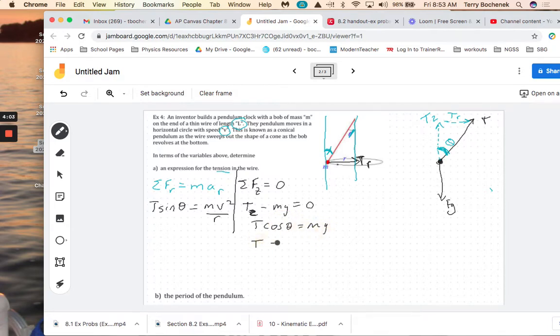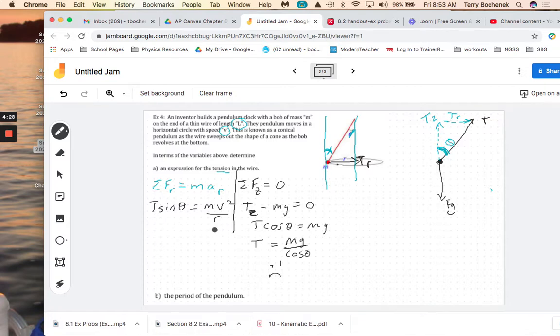So T equals mg over cos theta. Well, let's see. If we want to have our V involved and we want to have L for the length of the string, this one doesn't really get us there. So if we go back to the other one,